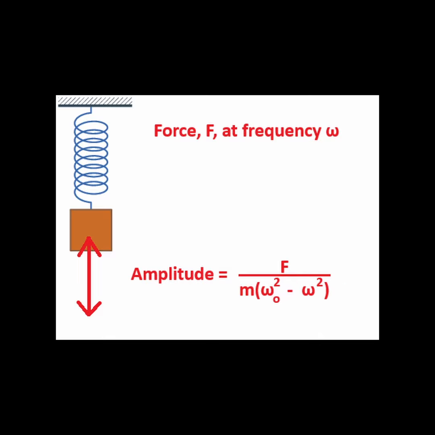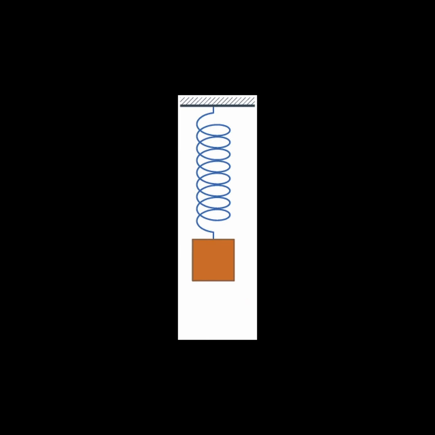Instead, if we try to apply a fast oscillation where omega is much larger than omega naught, the amplitude becomes negative. The system is moving in the opposite direction of our actions since the system is too slow to respond to our fast input. Also, the denominator gets so large that the amplitude shrinks down to something very small. So if you try shaking the mass too quickly, you won't see much of anything happen.